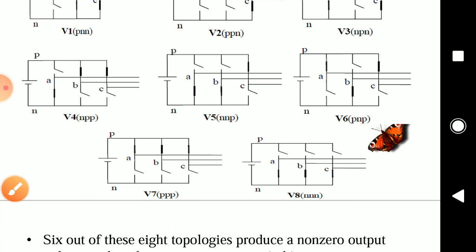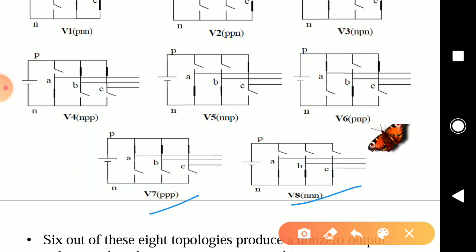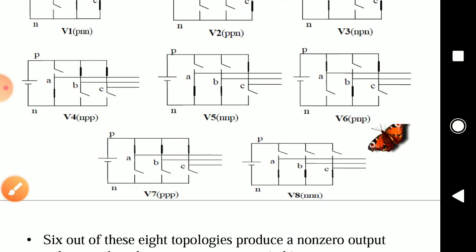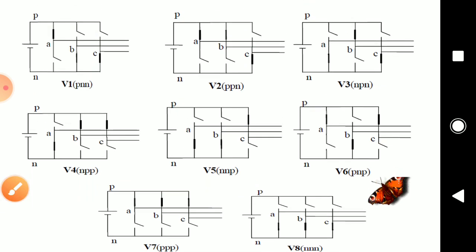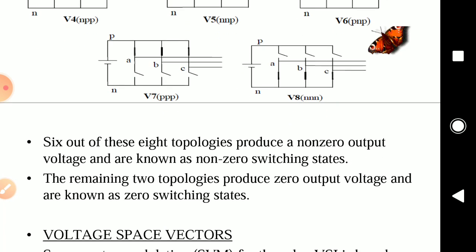One more thing you can note over here is that in V7 and V8, will you be having any output? If you are looking at V7, the supply is starting from here, but it is not able to return back because all of the negative switches are turned off. That is why the supply is starting, but it is not able to finish and go back to the returning point. Therefore, the output is 0. Similarly, in V8, the supply is not able to start itself because the top switches are off. So, in V7 and V8, you have 0 voltage as the output, whereas in the other remaining 6 states, you are having a finite output.